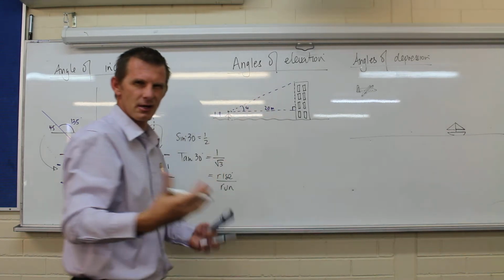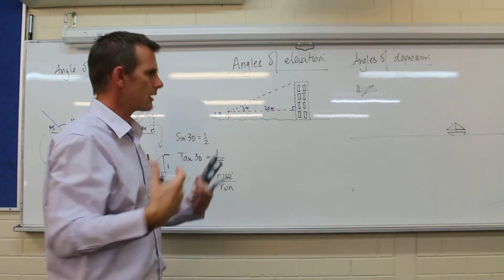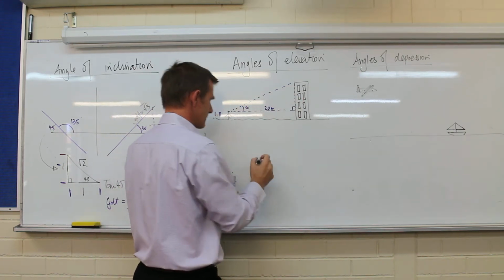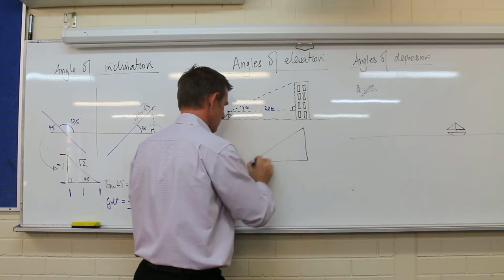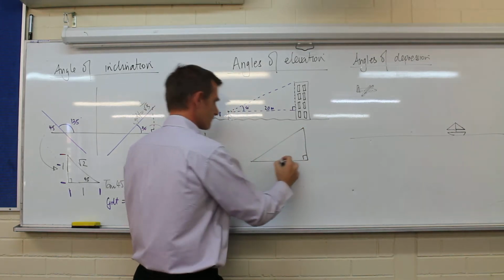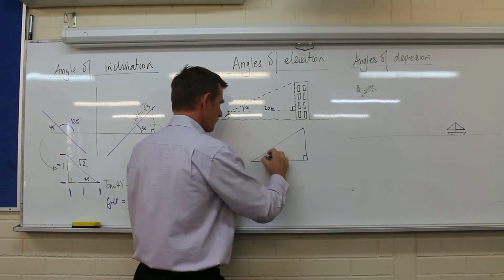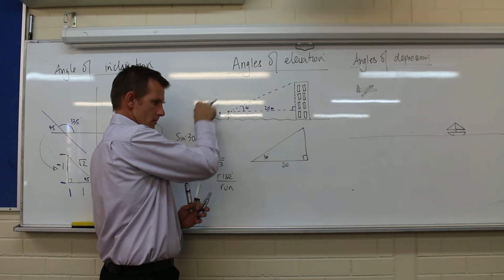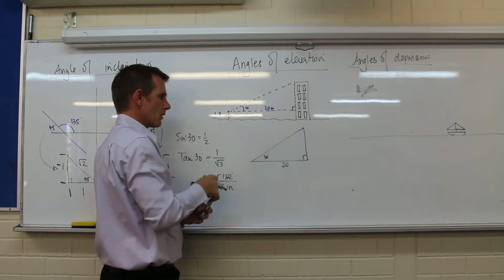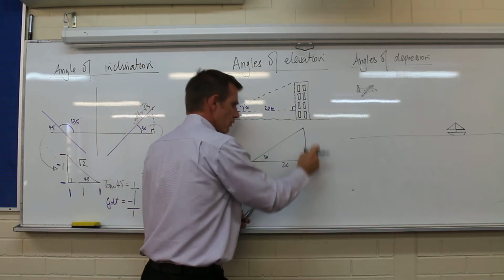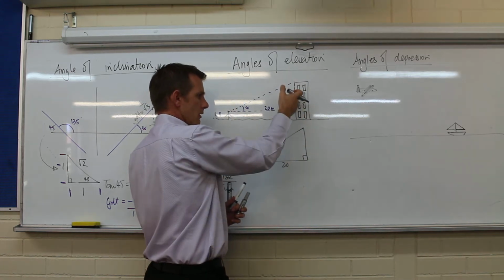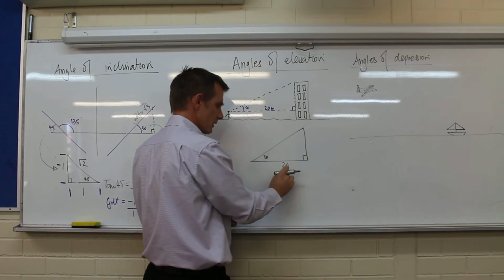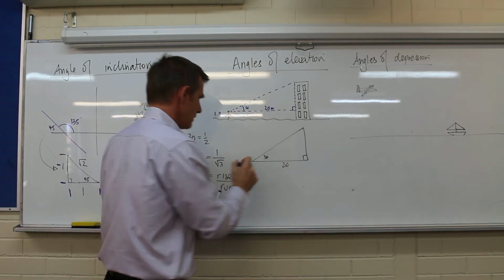Now again, I'm choosing those angles so we've got our exact values, but in a calculator section you could have any values in there. So let's drag out that triangle. The triangle is going to look like this. 20 is going to be there, 30 degrees is going to be there. Now I'm not worried about this 1.8 at the moment. This is not critical at the moment. Because I want to know this distance here, that's kind of part of the building height, I want to go tan of this is opposite over adjacent. So the tan of 30 degrees